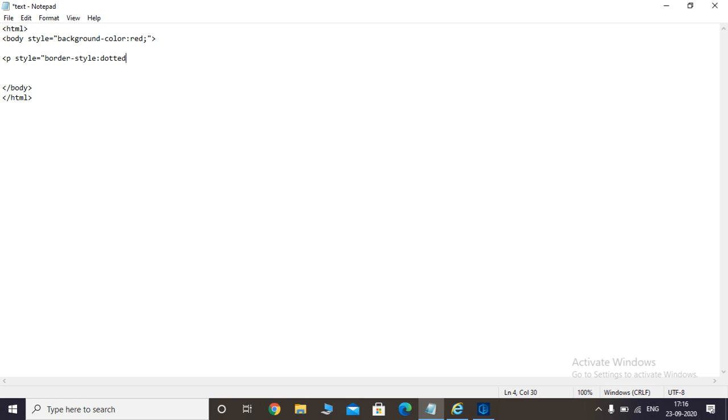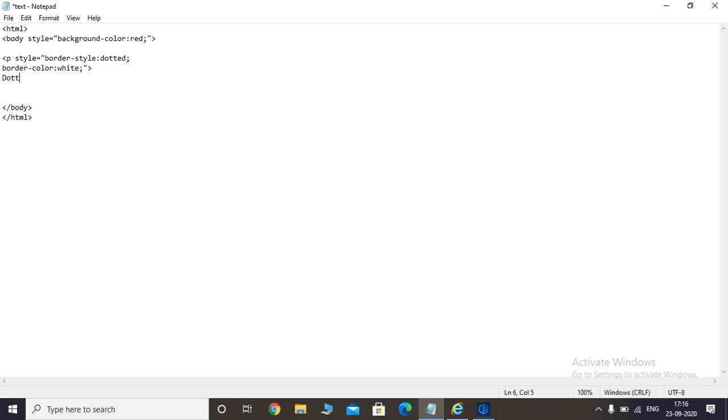So I'm using the value as dotted, and then we use the border color property. Let it be white. Okay, so you can see a white color on the red, so I'm using the white color over here. So, and close the tag. Okay, so now you have to write your text over here.